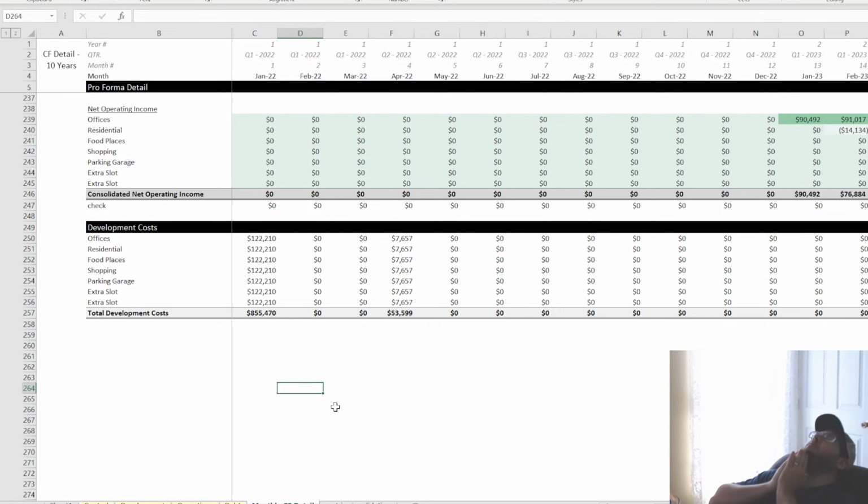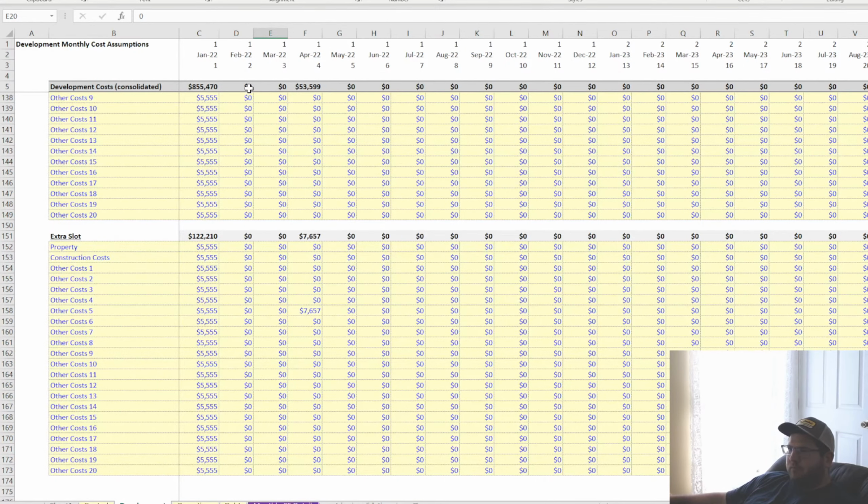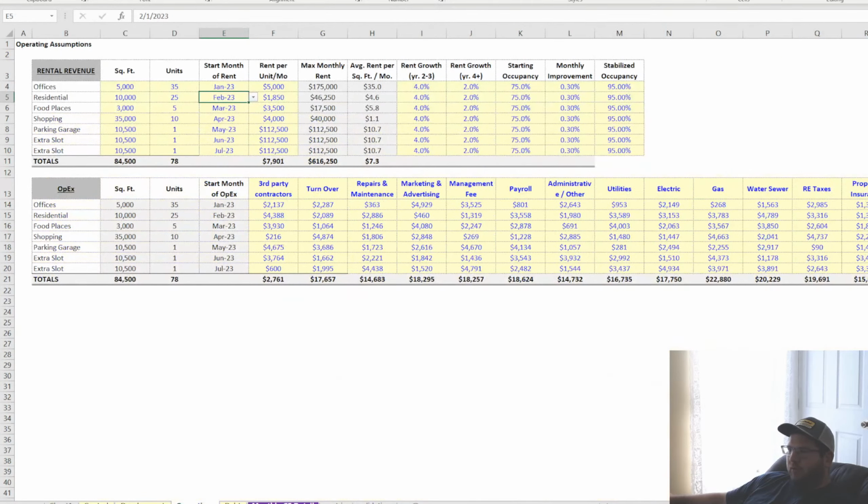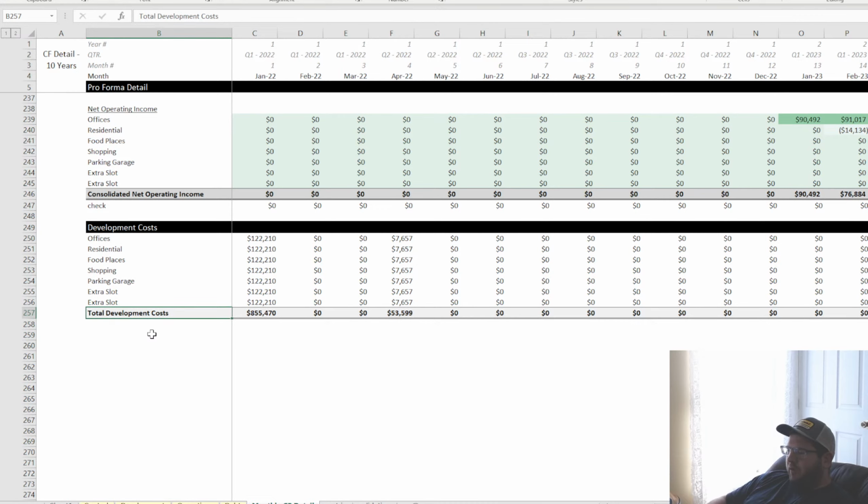What I think I want to do is not separate each development type into its own debt service and refi and all that. What's the best way? Well, I guess before we get to debt, let's do cash flow,